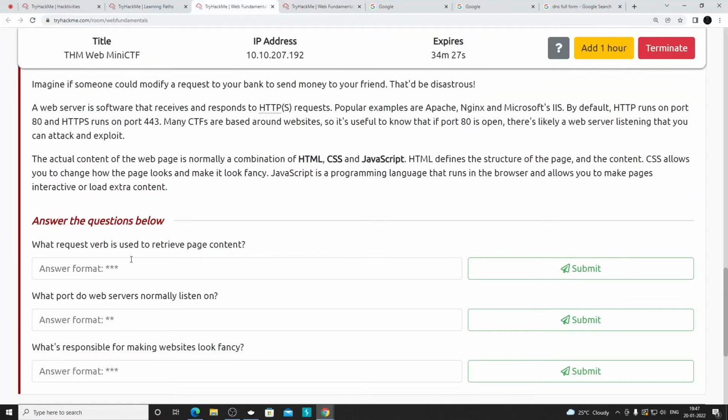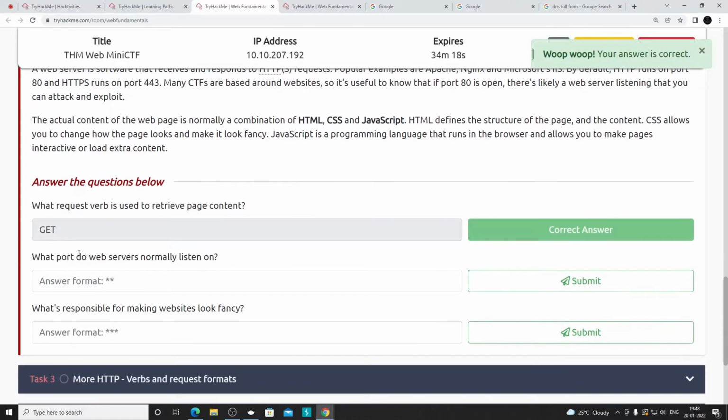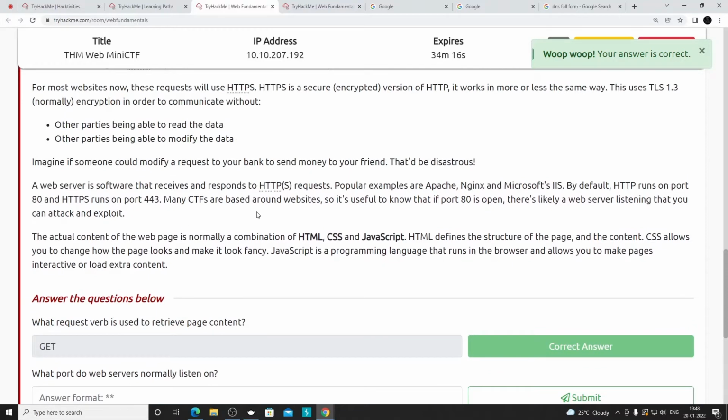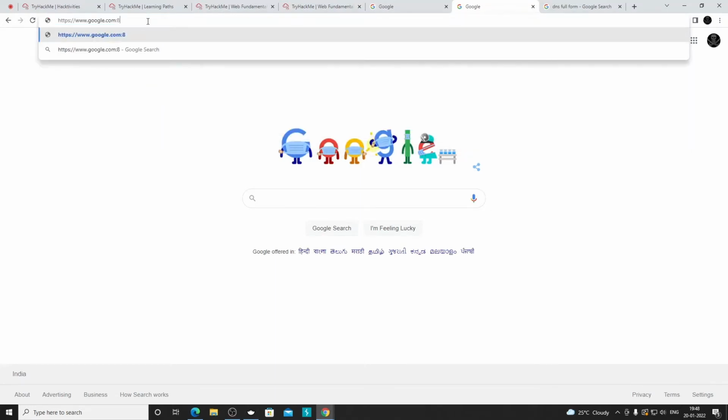So now it is asking us what is the HTTP verb used whenever we are retrieving a page content. That would be GET always. What port do web servers normally listen on? If you are not aware of the port concept, ports are, you can say, on a server there could be different gates to get into that server. So if you are trying to get into the website, then the gate number is 80, if it is an HTTP gate.